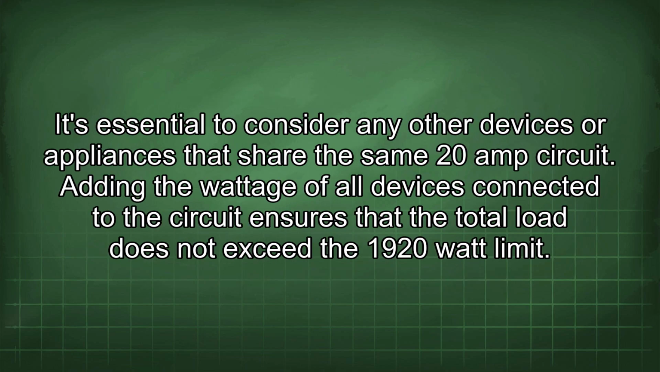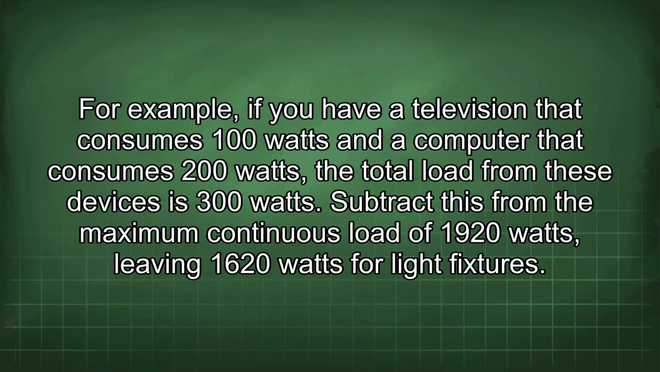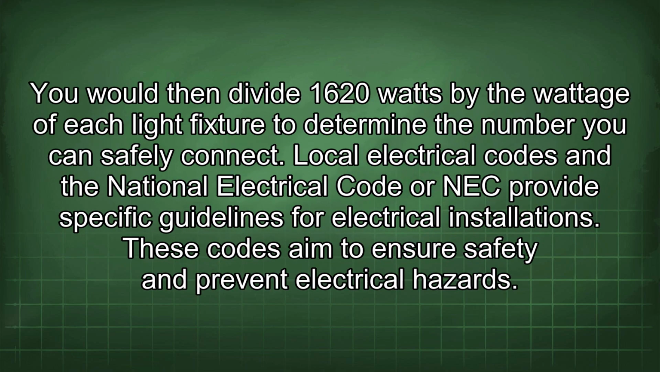It's essential to consider any other devices or appliances that share the same 20 amp circuit. Adding the wattage of all devices connected to the circuit ensures that the total load does not exceed the 1920 watt limit. For example, if you have a television that consumes 100 watts and a computer that consumes 200 watts, the total load from these devices is 300 watts. Subtract this from the maximum continuous load of 1920 watts, leaving 1620 watts for light fixtures. You would then divide 1620 watts by the wattage of each light fixture to determine the number you can safely